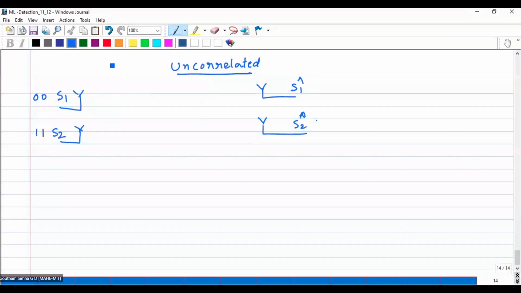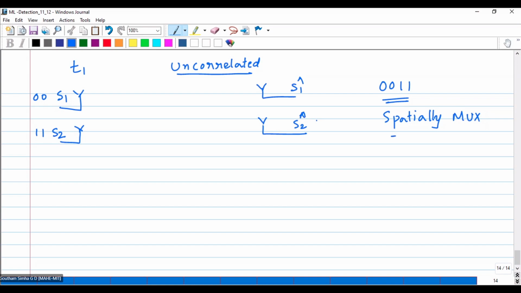Now what has it done? With a single time slot T1, instead of transmitting the same piece of information, I could also transmit a different piece of information. This is called spatial multiplexing. Now here you can obtain array gain because you have two transmit and two receive antennas. At the same time, one transmit antenna is transmitting one information, the other transmit antenna is transmitting other information.